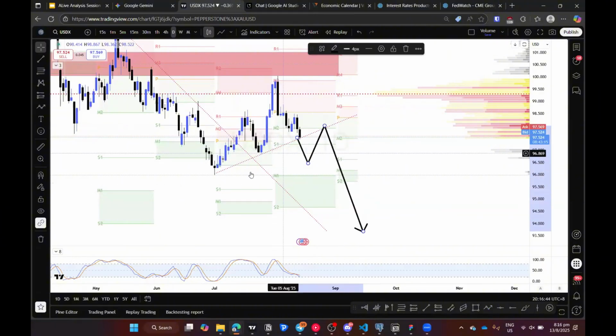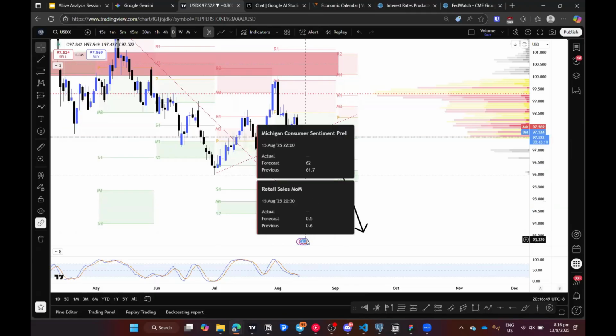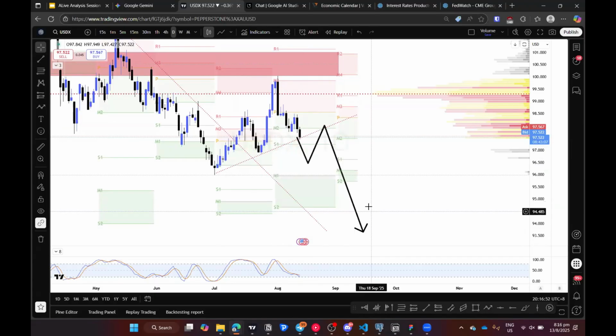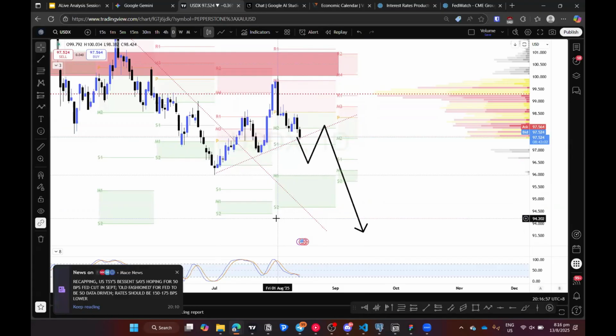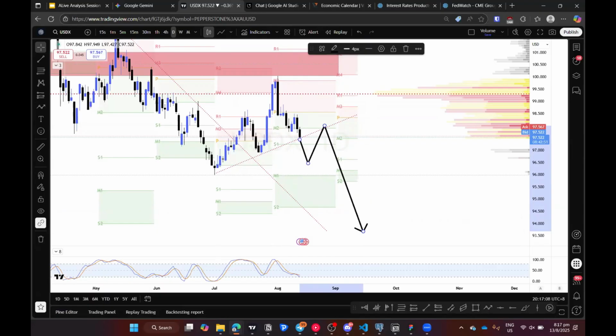So what will be the catalyst? It might be tonight's news, PPI, or tomorrow's PPI and retail news on Friday. So today might be a mild day for the dollar, in preparation for the next two upcoming events. From the overall picture of this setup, what we're looking for is a break below this ascending channel, and then we'll look for that retest before